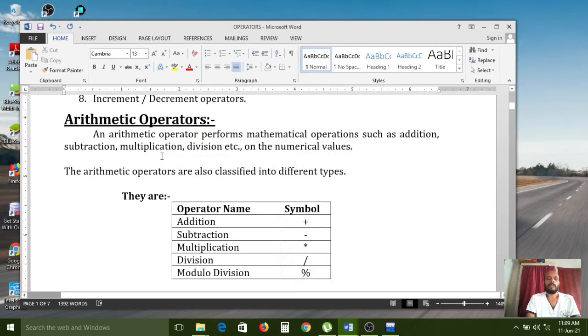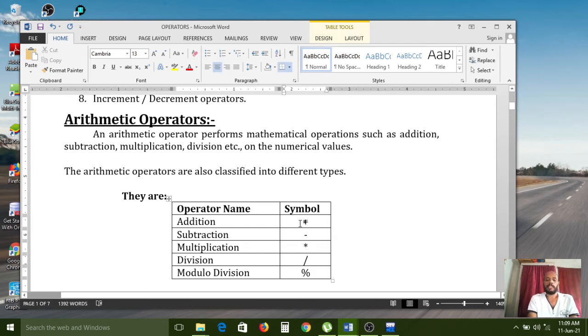So an arithmetic operator performs mathematical operations such as addition, subtraction, multiplication, division, modulo division, and all these work on numerical values. The arithmetic operators are also classified in different ways. What are they? Plus is called addition.